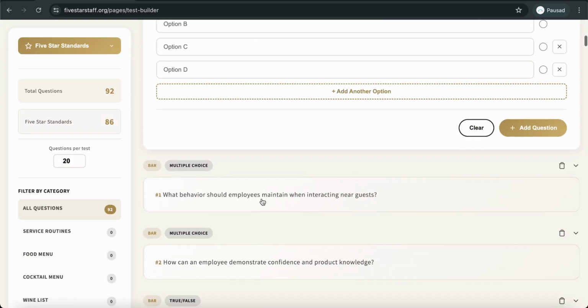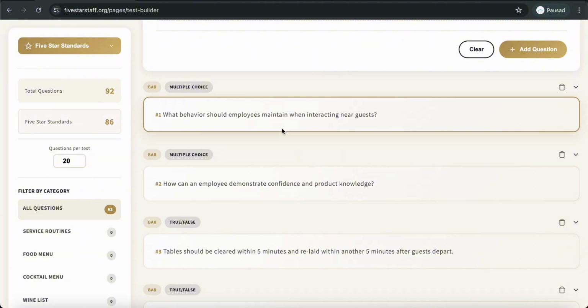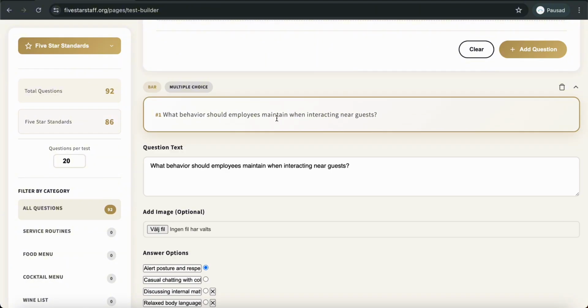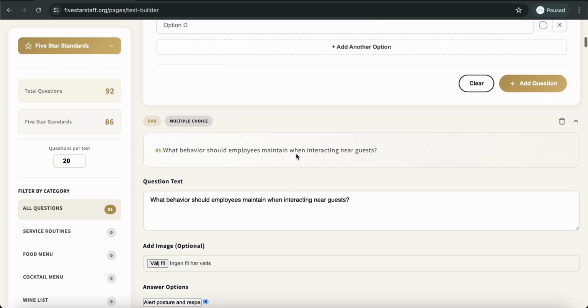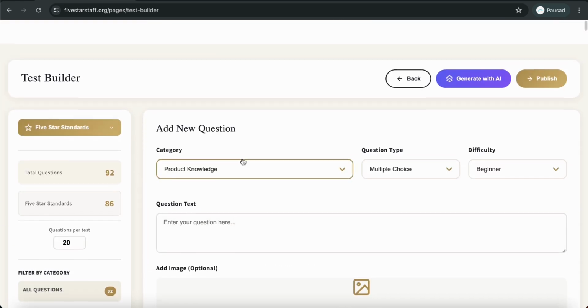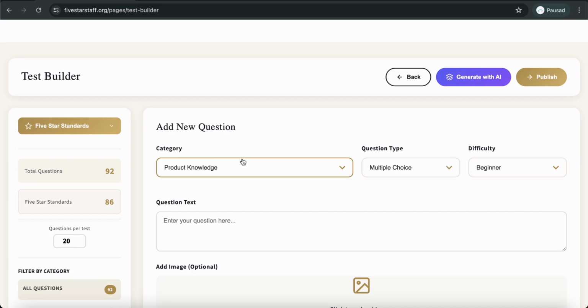Same thing here. You can move down. You can enter them. What behavior should employees maintain when interacting near guests? You can add images. You can edit also. I would not recommend you to edit them because they are all made in a 5-star manner. So you shouldn't edit the content too much, but you can add images. So that's it. That's how you add your questions in 3 ways: manually, generate with AI, or use our pre-made